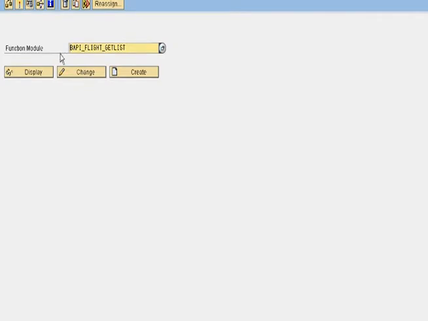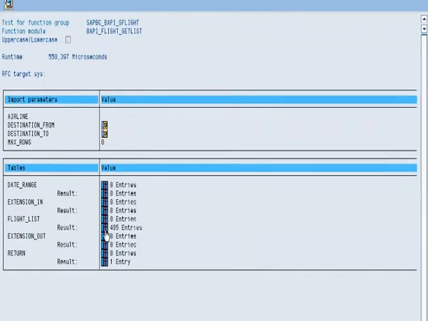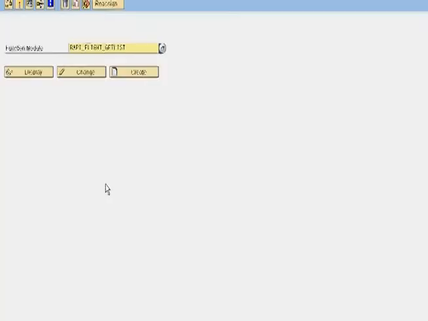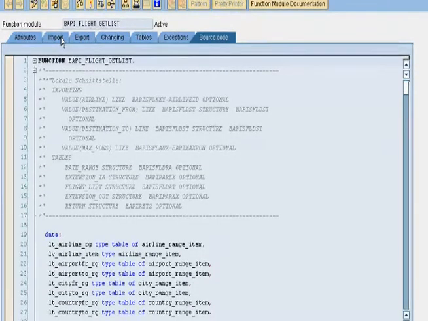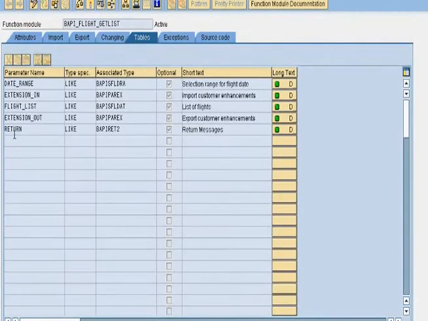Now this function module BAPI flight get list, it basically gets a list of flights and then returns the flight details. Now let's execute it and check what it does. Basically it returns 405 flight details. Now what we are going to do here is to enhance this function module, to add an export statement right here, and that's going to return the total number of flights returned in this table, which is